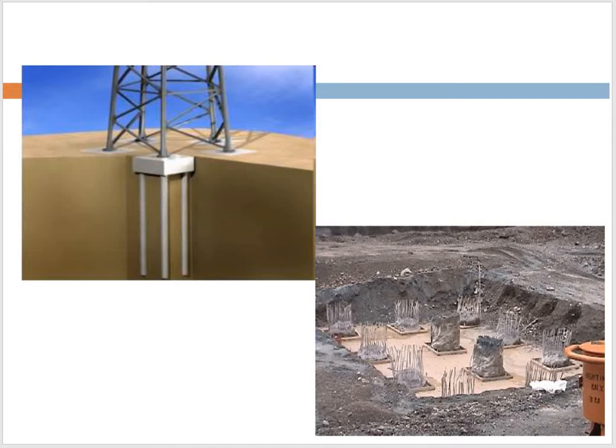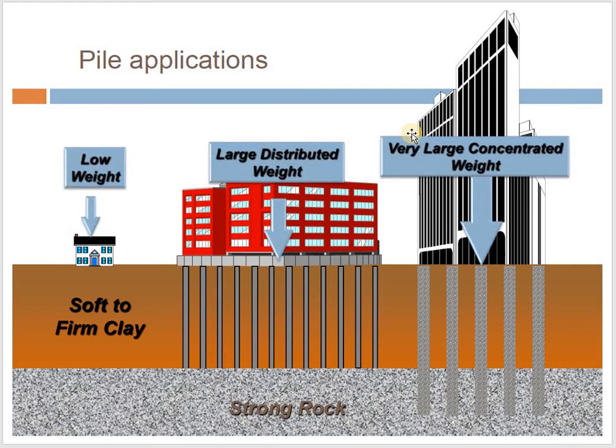In this module, you have to concentrate more on the compressive part, that is the piles subjected to compressive loading. Now moving on to the applications, here already these things were mentioned, but still I am telling you, whenever the weight of the structure coming onto the soil is very low, then obviously you can go for an isolated footing, or even you can go for mat foundation, strip footing, etc. For example, you are going to construct a small house on, even if it is a soft clay, you can have a mat foundation so that you can avoid differential settlement, etc. All these aspects were discussed in the previous module.